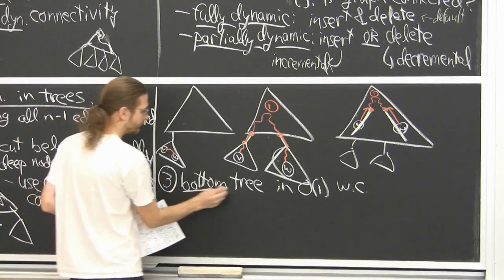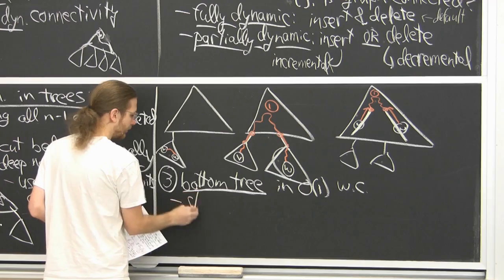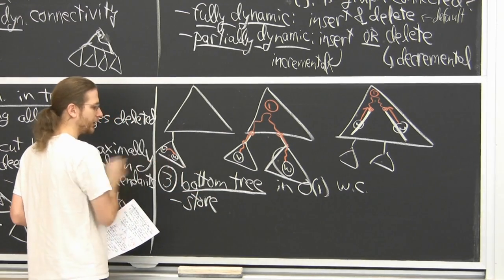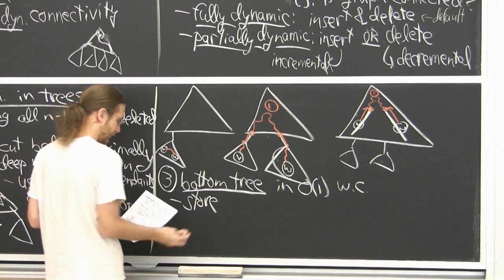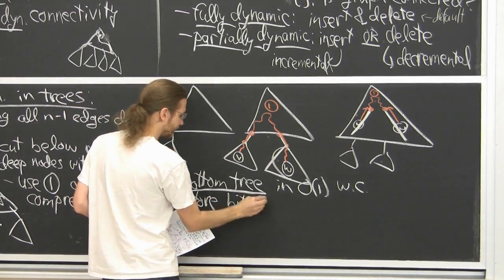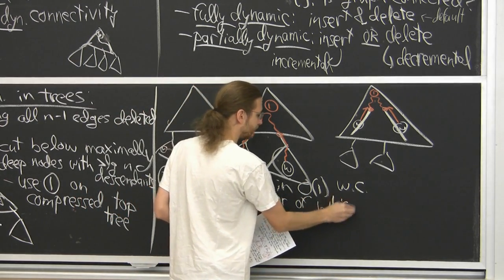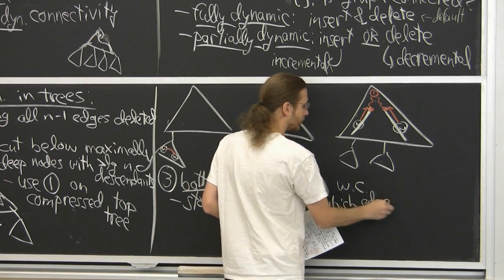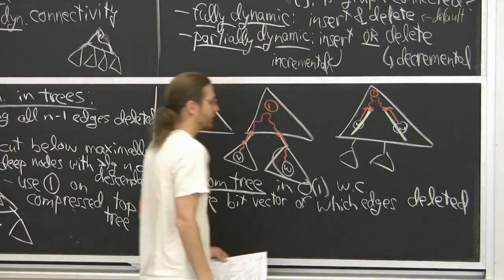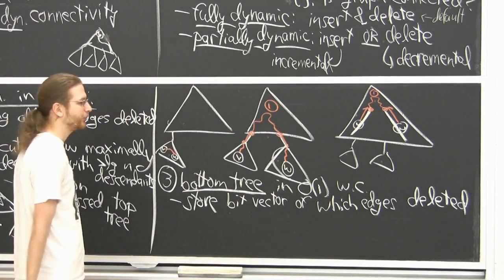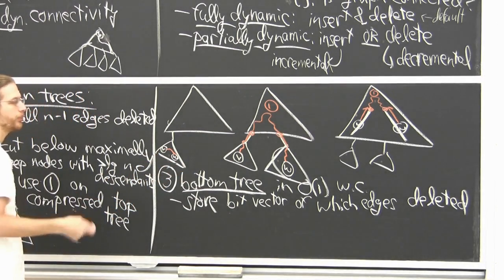So this is essentially the lookup table thing, although it's a pretty simple lookup table. What we do is store, so bottom tree has only log n nodes, so we can represent 1 bit per node in a single word. And what we'll do, store a bit vector of which edges have been deleted. In what order? I don't really care. Just pick some order, some fixed order on the edges down here, and store the bits in that order.